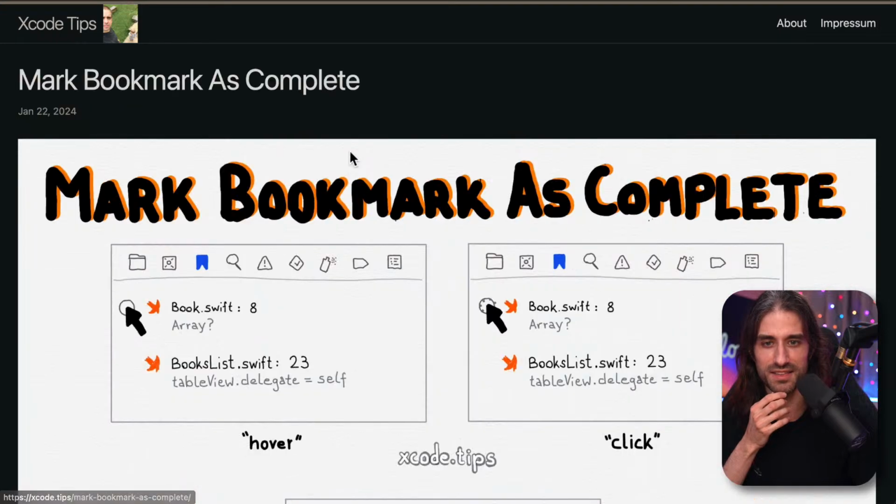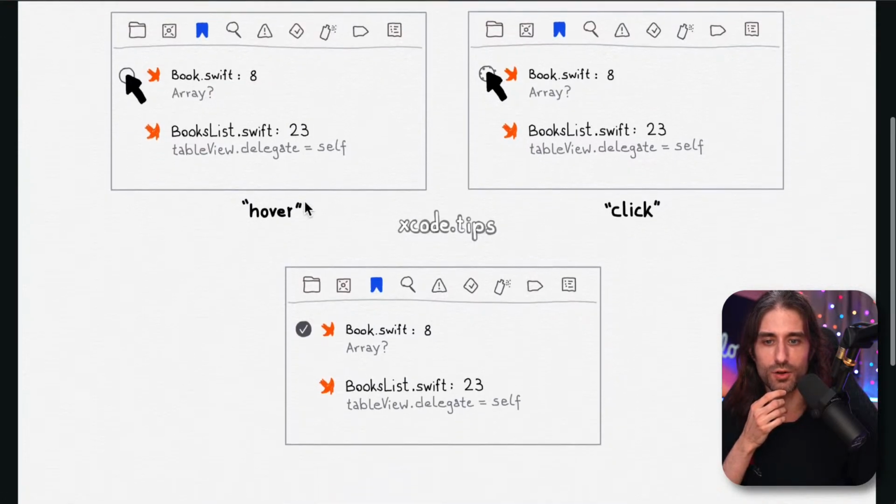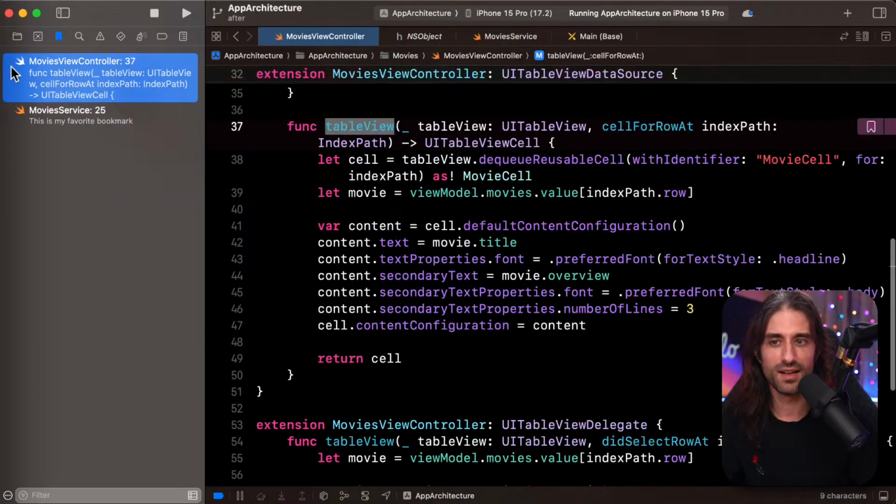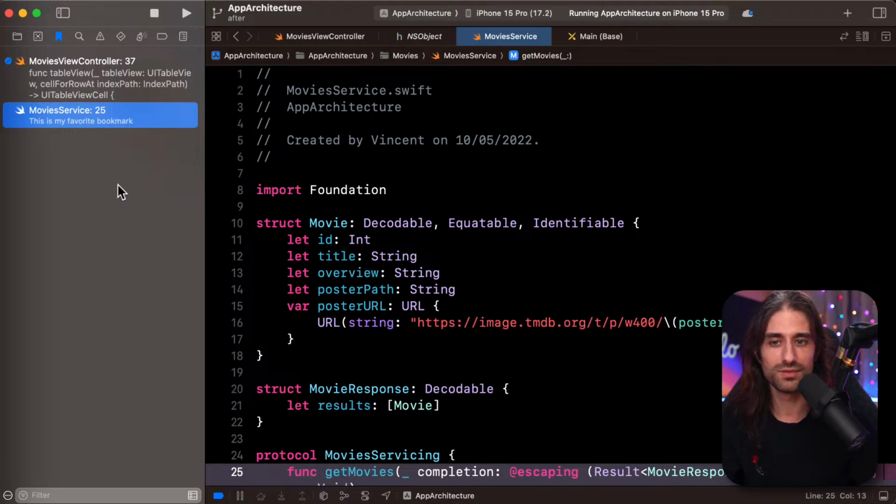Penultimate tip, mark bookmark as complete. So there is even a to-do list. You can mark it as complete, so you can use it as a to-do list. That's really cool. I didn't know about this. I'm learning this right now. Once again, when we're talking about features that are not easy to discover, you need to hover your mouse here, and I don't think I've ever done it. Or if I did, I didn't pay attention, because you can go pretty fast on it. So you can use it as a to-do list. That's good to know.